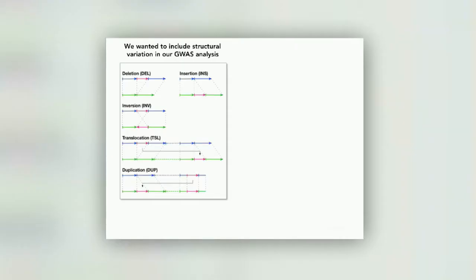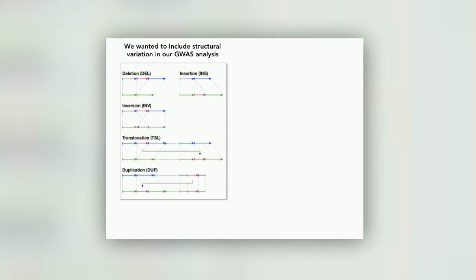But in the lab, we're equally, or even more so, interested in structural variation. So not just individual base pairs that are changed, but big changes in the structure of the genome. We're interested in insertions and deletions and translocations and regions of the genome that are in one individual and not even in another, something that is often called pangenomics. So we're interested in exploring that part of the gene space and trying to understand the role of structural variants and novel gene segments in nodulation